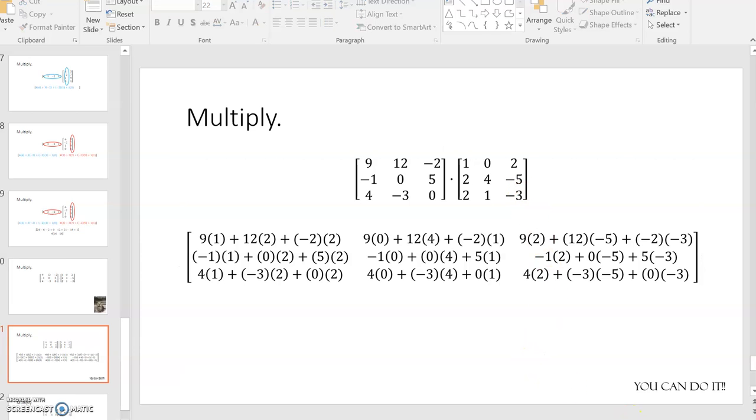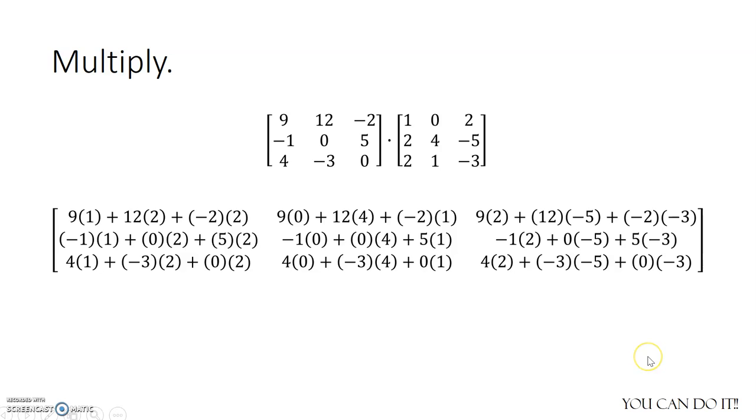And then we can go through and do all those calculations. And I should end up with 29, 46, -36 in the first row. Second row, 9, 5, -17. And then in the third row, -2, -12, and